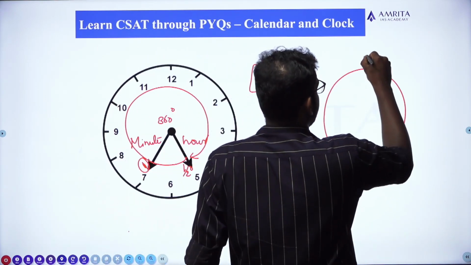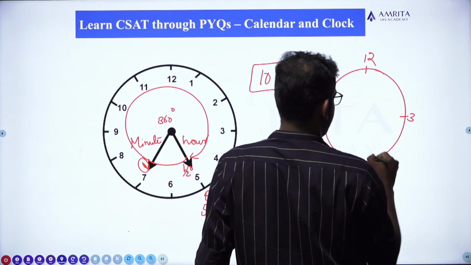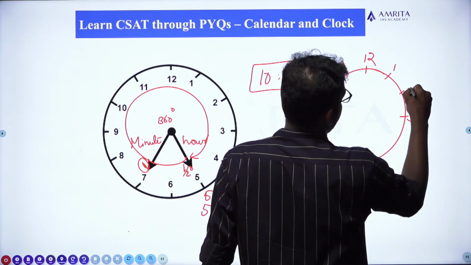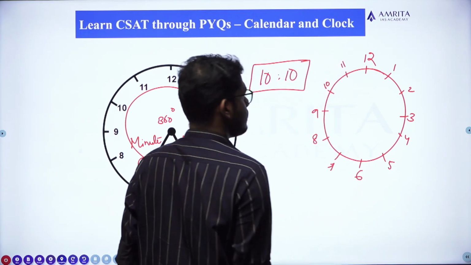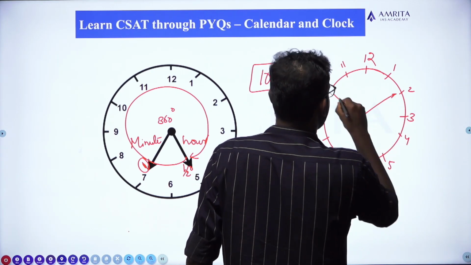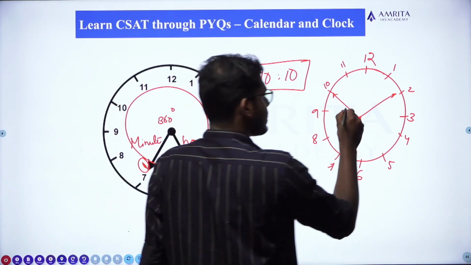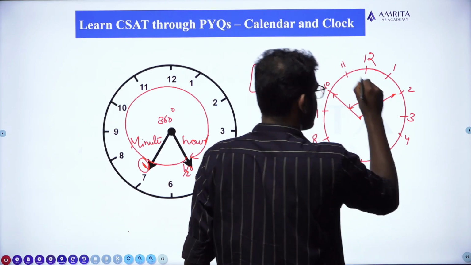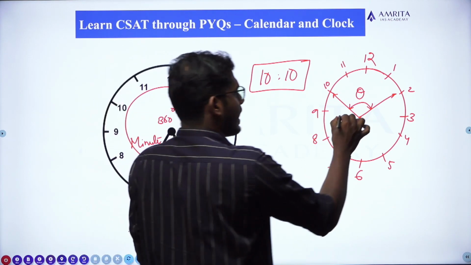We can write the indicate the time: 12, 6, 3, 9, 10, 11, 1, 2, 4, 5, 7, 8. So 10:10 can be indicated like this. So we have to find the angle made by the hour hand and minute hand. That means we have to find this particular angle. Clear? Okay. We know that this entire angle,